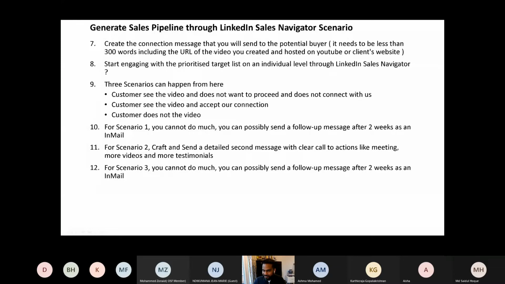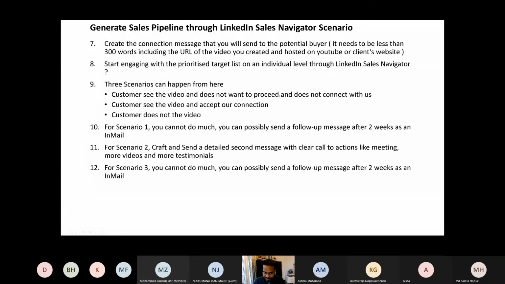Start engaging with a prioritized target list through this. There are 3 scenarios that can happen from here. Customer sees the video and does not want to proceed and does not want to connect with you. I mean, they have seen it, they don't like it, and they don't want to do anything with you. Leave them alone. Customer sees the video and accepts your connection.